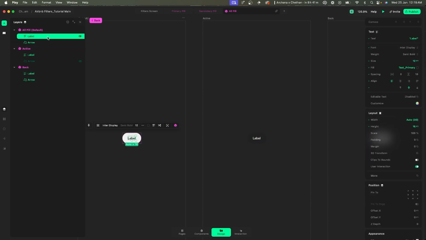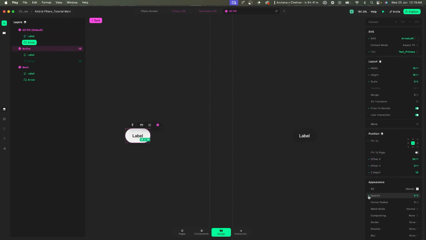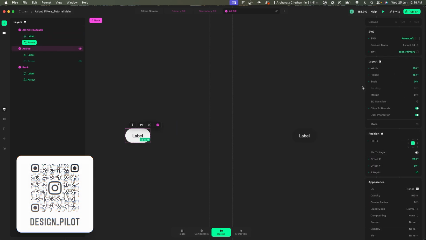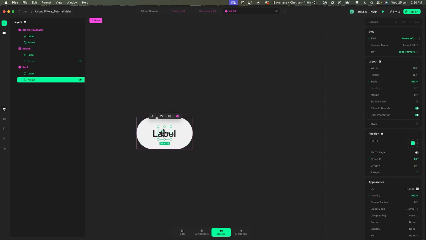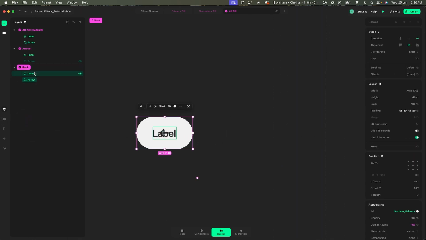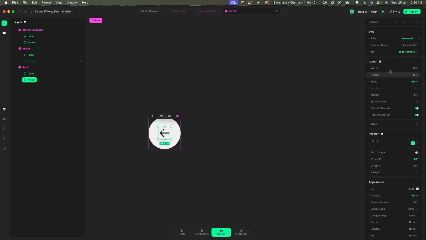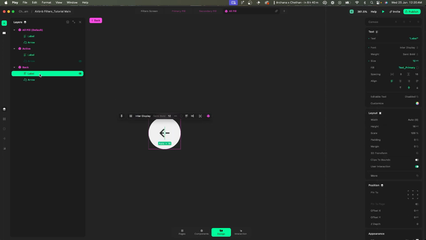We have this arrow. If I set this back to 100 and set the scale to 0, you can see where it is. So I'm going to set it back to 0 and 0 on the scale. And then over here, the width of the back button, I'm going to set that to 40, which for some reason also reduces the size of this. So instead, what I would then do is